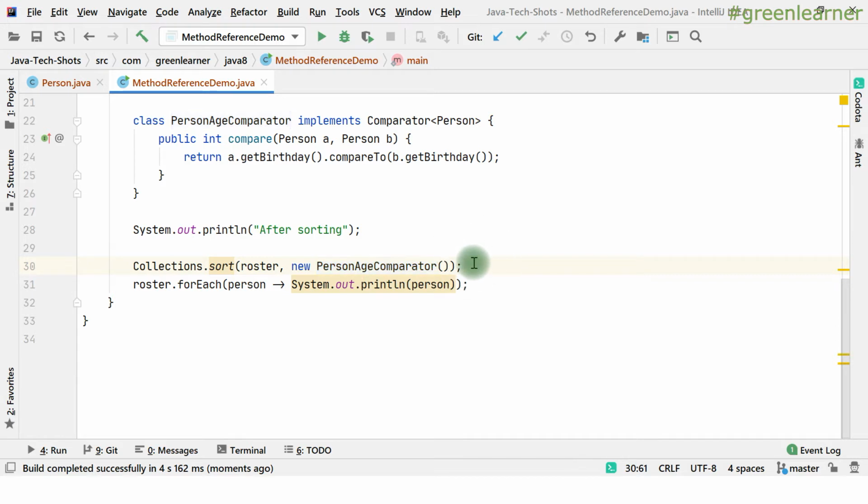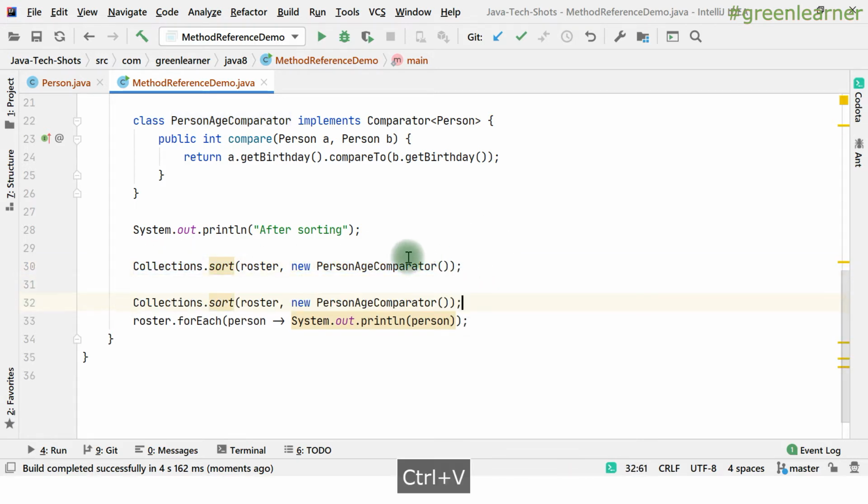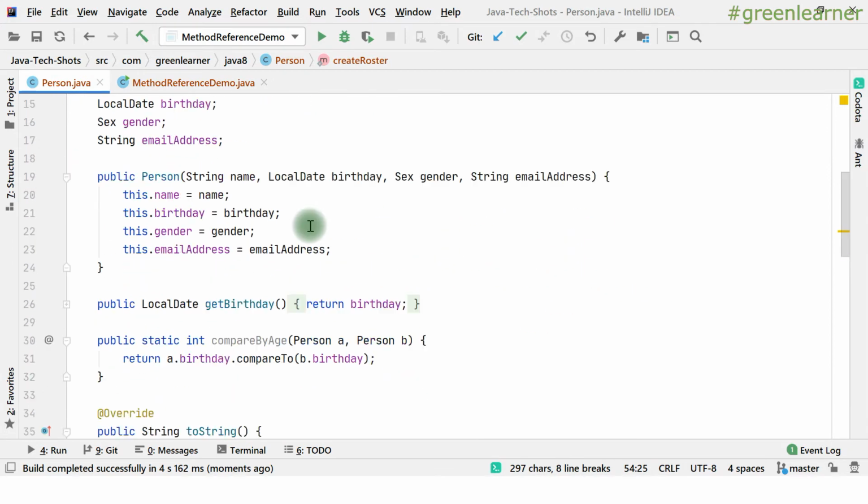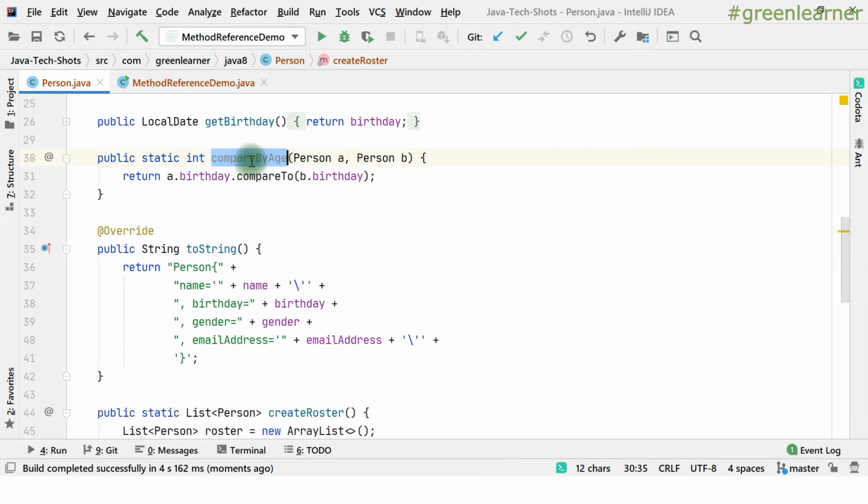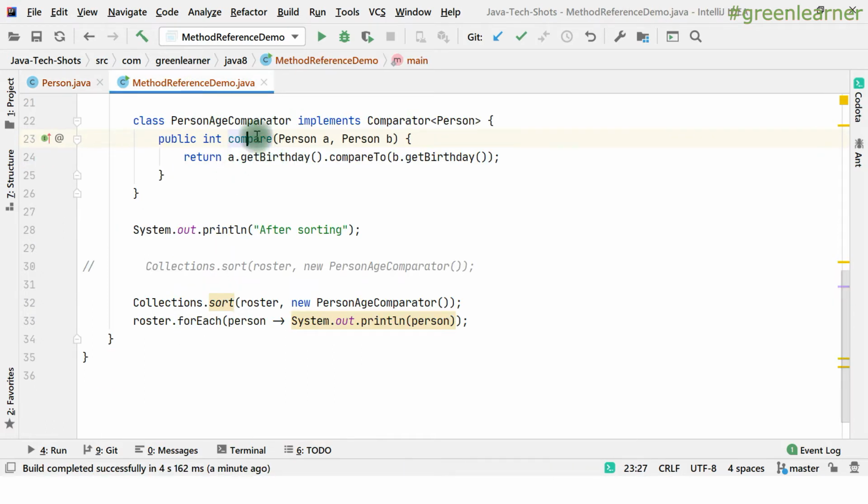Now copy this content from here and comment this out. This person age comparator is the same thing that we have written here. I already have one method that does the same thing in the Person class, compareByAge. How can we use this so that we do not have to write one more class just to compare things? This is where lambda expression comes into the picture.